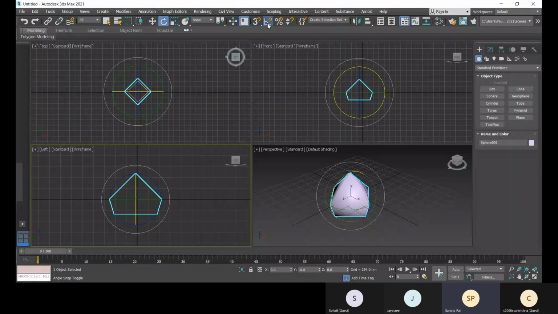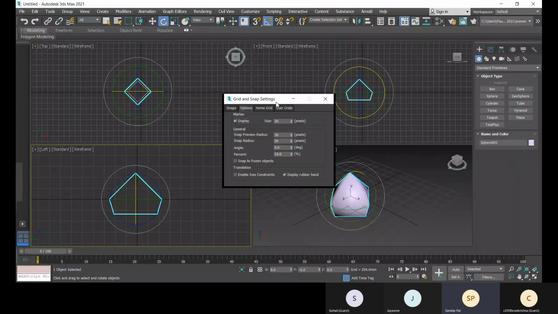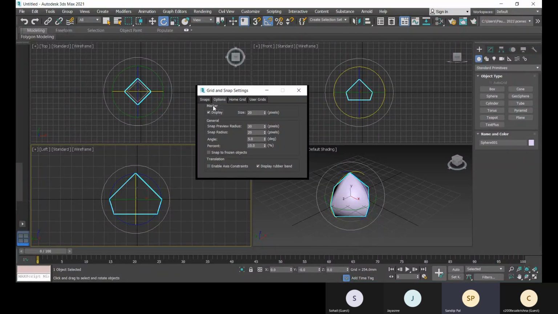What is the shortcut for angle snap toggle? A, and right click on it for the settings. And what will be the incremental angle value? So 5, or you can give 1 also.